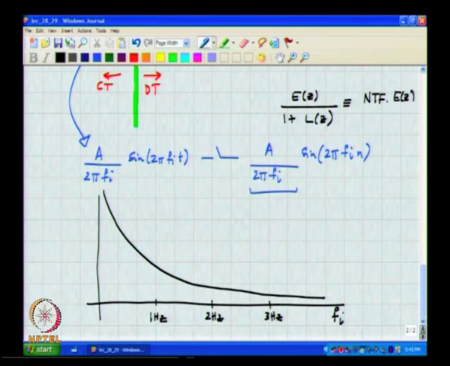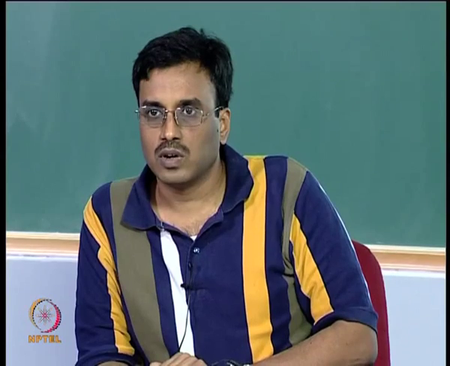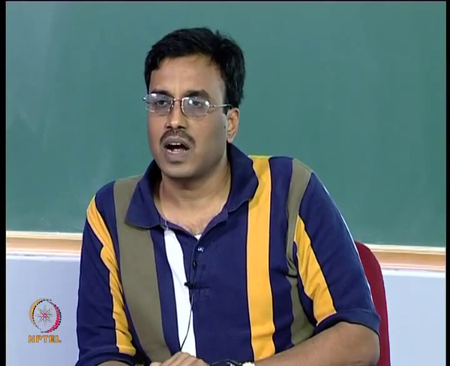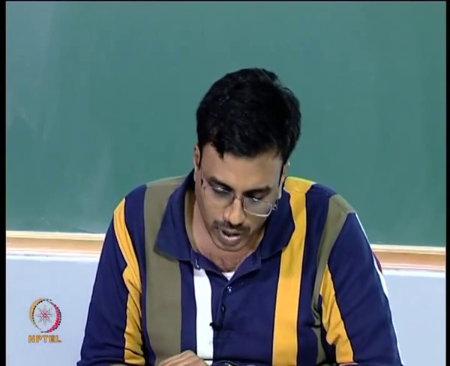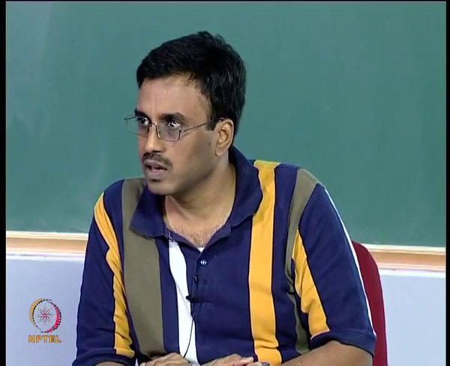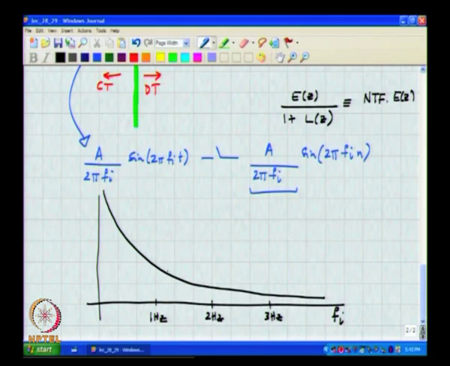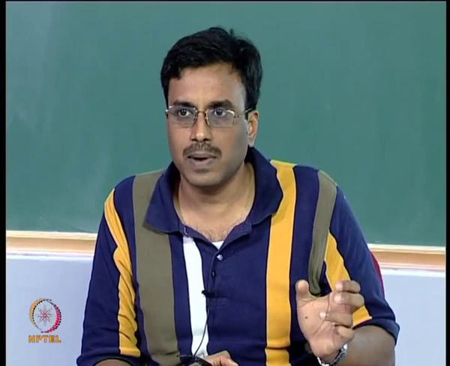So, let us assume that we are now interested in determining the response of this loop to frequencies which are at multiples of the input sampling rate. If the input is at 1 hertz plus delta f, you can see that the amplitude of the input after the loop filter is something like that. That is the amplitude of the discrete time alias tone after sampling, okay, and that has to be multiplied by NTF.